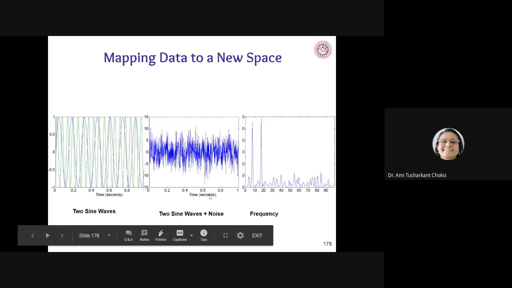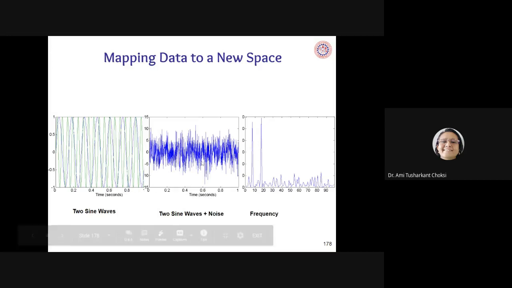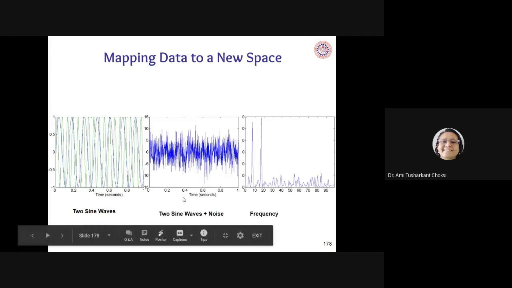If we are transforming it, see, this is the way we are able to show the things with noise, isn't it? This is the simple sine waves, this is noise. Now if we want to transform that to the frequency domain, this is the time domain, time in seconds. When we convert that to the frequency domain, we are able to reduce the data, isn't it?